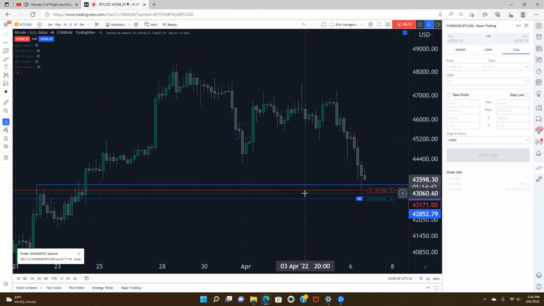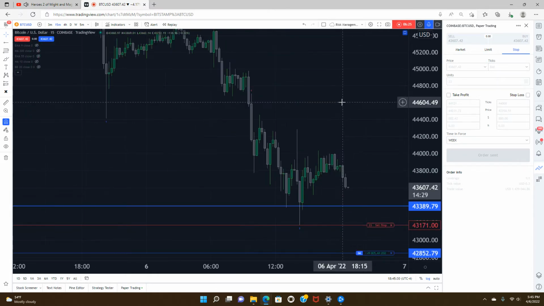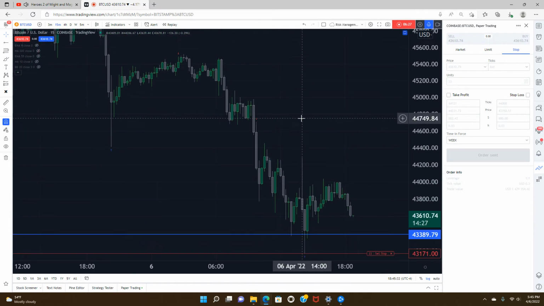And we've got that stop in place. And as far as the take profits go, now that the structure's starting to break down, I think I want to be a little bit more dynamic in the way I take profits. And by that, I mean that I want to be a little more aggressive in my profit taking, because we